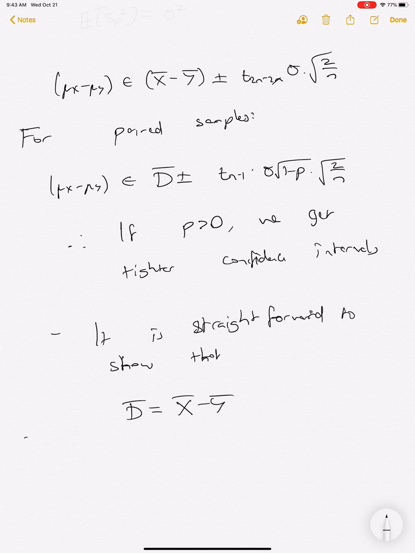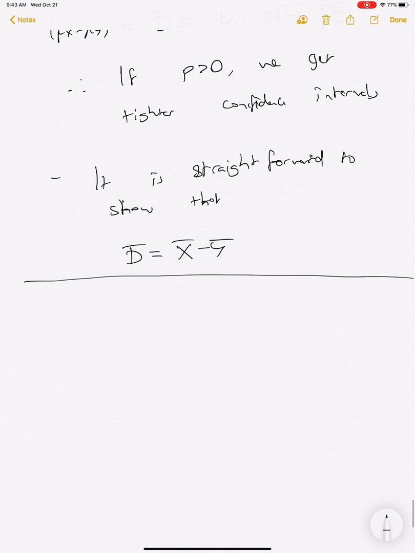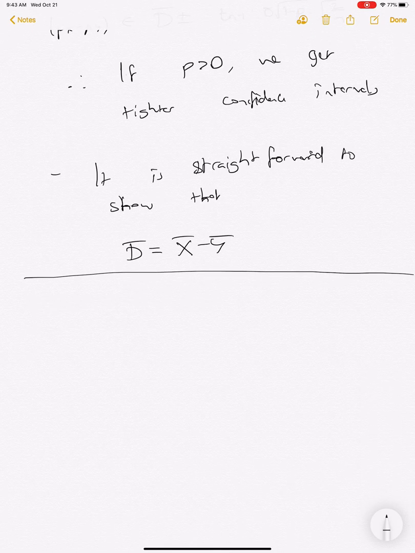Okay, so this was just demonstrating that the paired sample test and the two sample tests are a little bit different, and it's really important to know which setup you're in to address the question of whether you should use a two sample test or a paired sample test. So just to give an overview